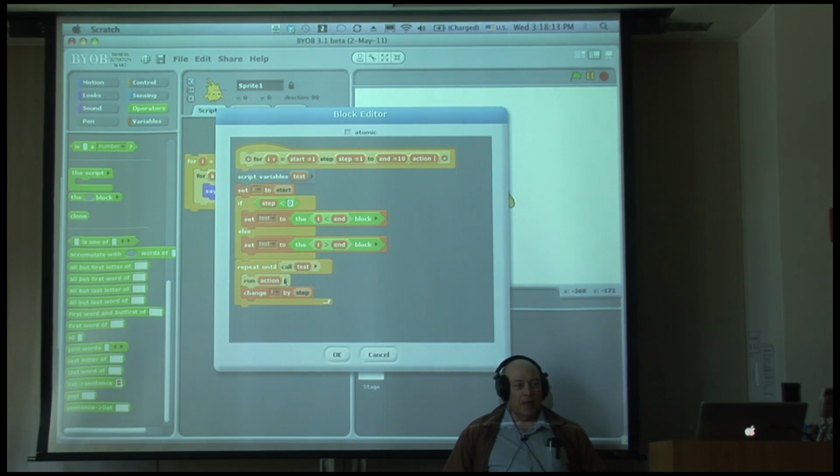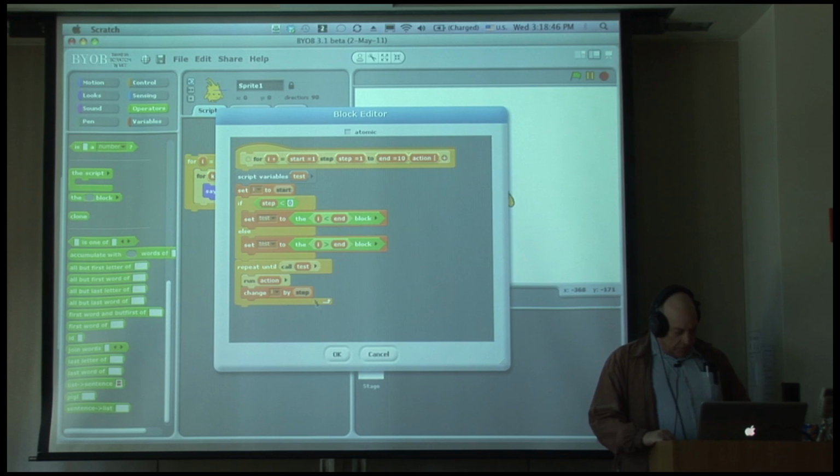Okay, so that's the for block. And again, lots of programming languages have something like a for block built in, we don't have to have it built in because we have something better built in. We have the ability to encapsulate blocks and scripts and treat them as data. And once you have that, you can build any control structure you want. So this is the big magic idea of higher order functions. Okay? So now let me show you